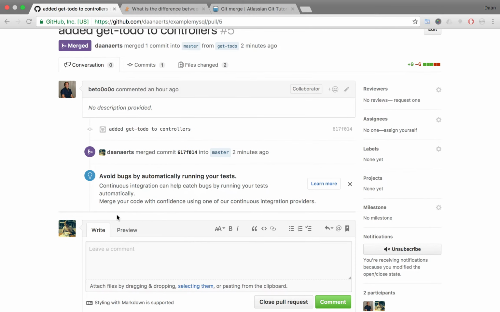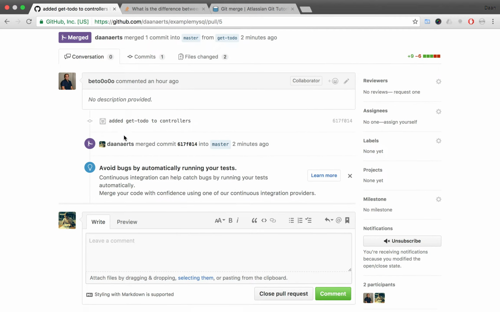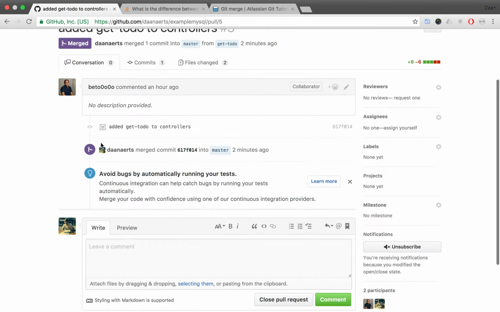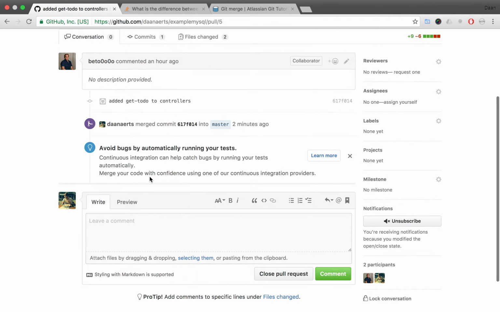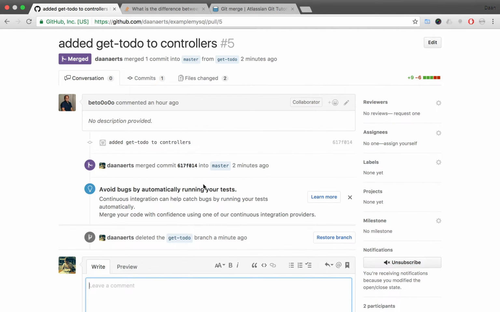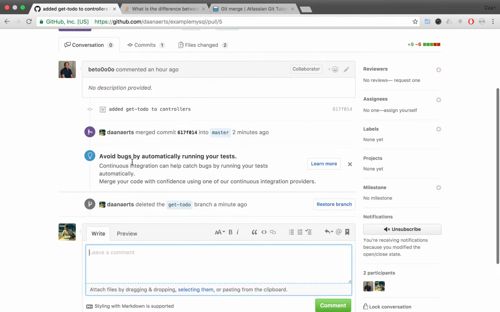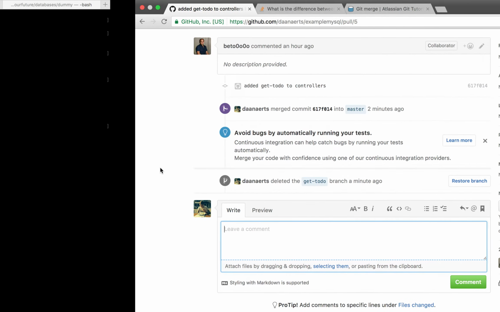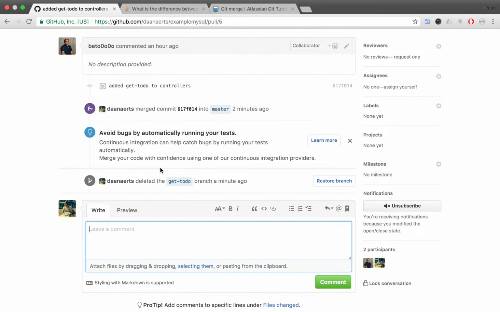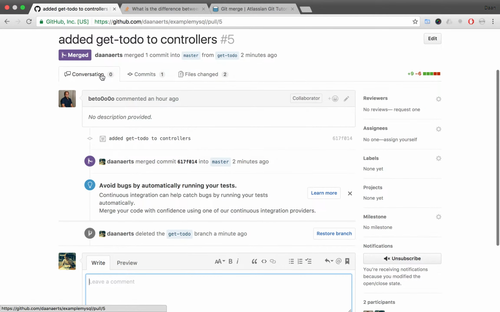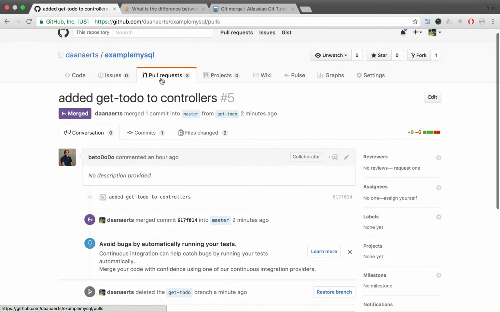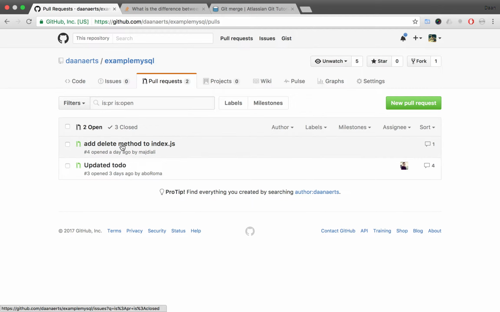GitHub now also says it was merged and the branch was deleted. So I'm going to say close pull request. So that's how we've merged and closed a pull request with no conflicts. Now we're going to go to the next one, which is going to be one that you're going to see a lot more often, which is